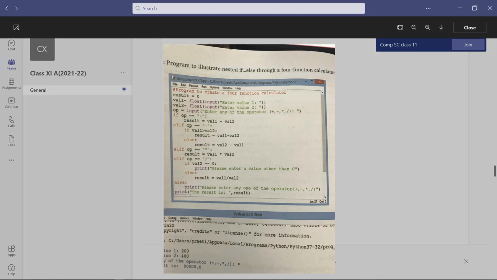Design the calculator fast and send it to me in the chat option.